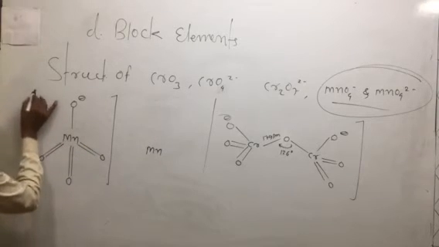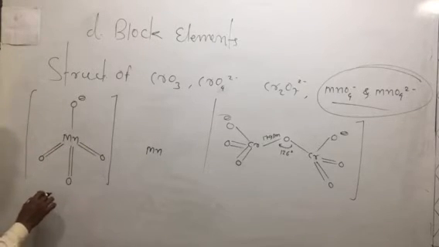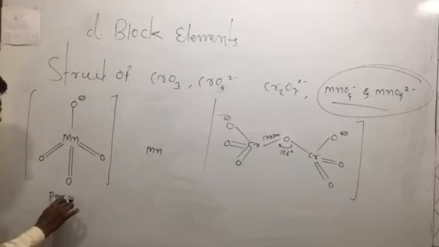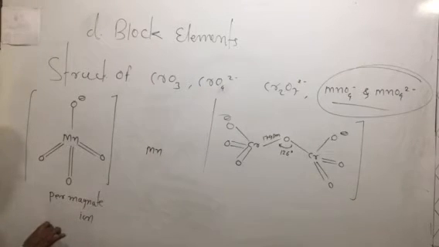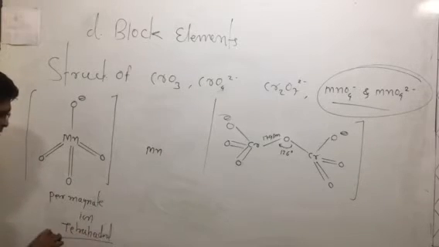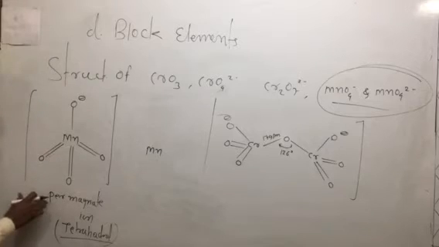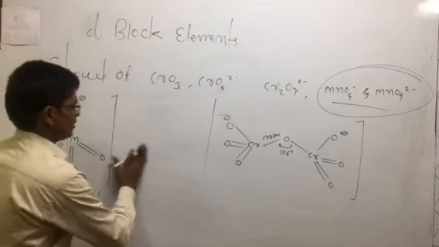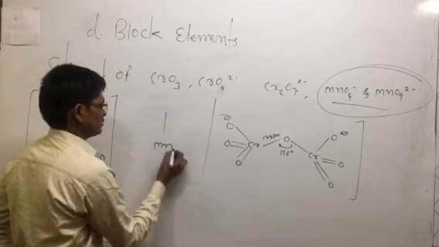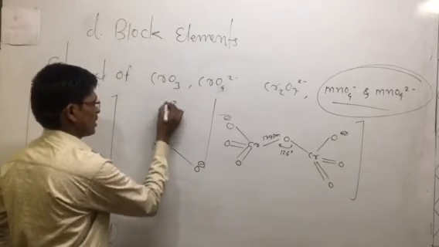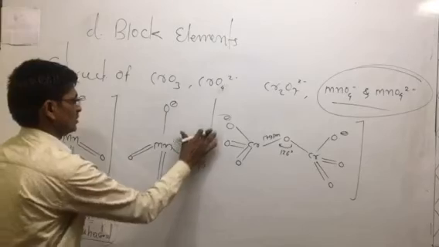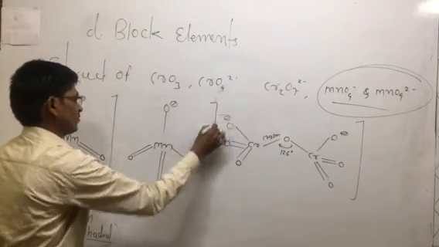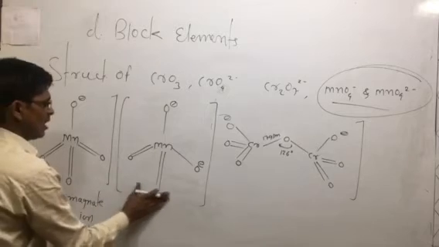So this is the structure of the permanganate ion. This is the geometry of such molecules, tetrahedral geometry. This is the permanganate ion. Manganese is here, which contains 2 oxygens carrying negative charge. Again, no doubt, the geometry of this structure is tetrahedral. Which type of geometry? This is a tetrahedral geometry.